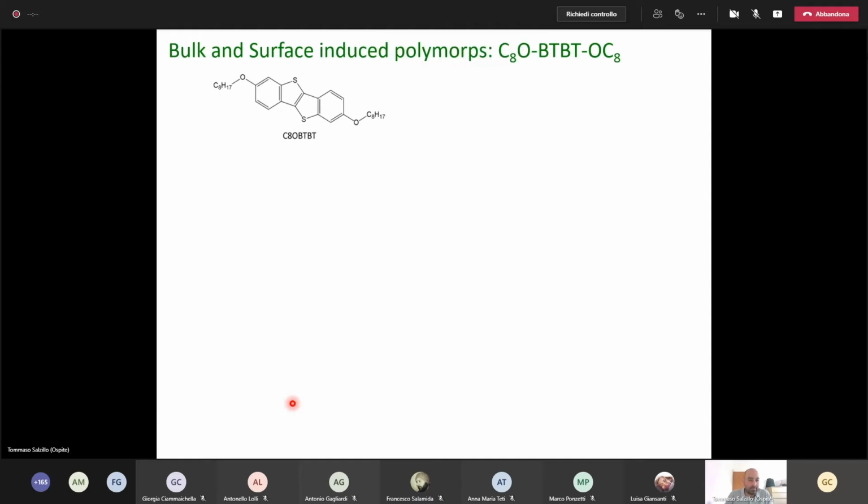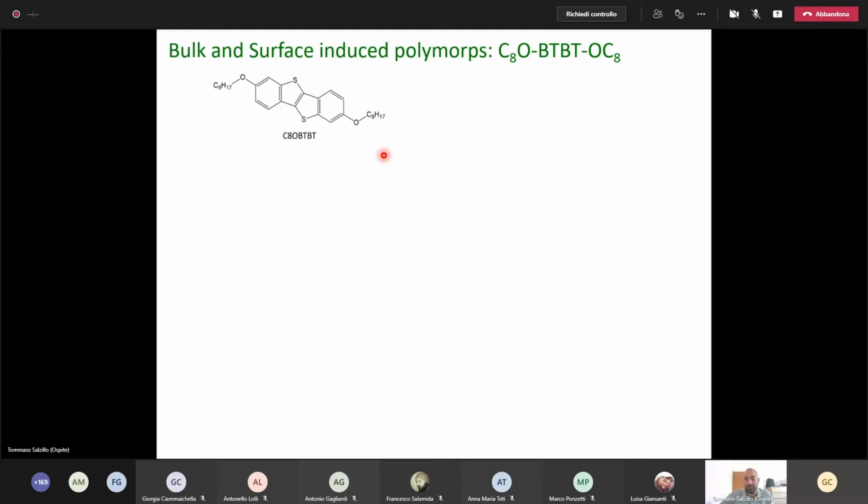So this is a molecule that we synthesized. Actually, it is an organic semiconductor whose main characteristic is the aromatic core with a strong pi electron conjugation. Then this aromatic core can be functionalized chemically with different groups. In this case, we use oxygen to modulate the HOMO-LUMO band gap. And then we use two very long alkyl chains to make this molecule very soluble. Soluble because molecules are usually more appealing if they're soluble, because they can be processed by solution methods that are cheaper